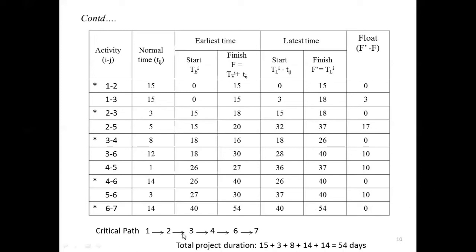After getting the critical path, in the network diagram, along this path, you have to indicate the arrow mark as a thick line, which is shown previously. That is from 1 to 2, 2 to 3, 3 to 4, 4 to 6, and 6 to 7. This completes the solution for the given problem. Let us go for the next problem.